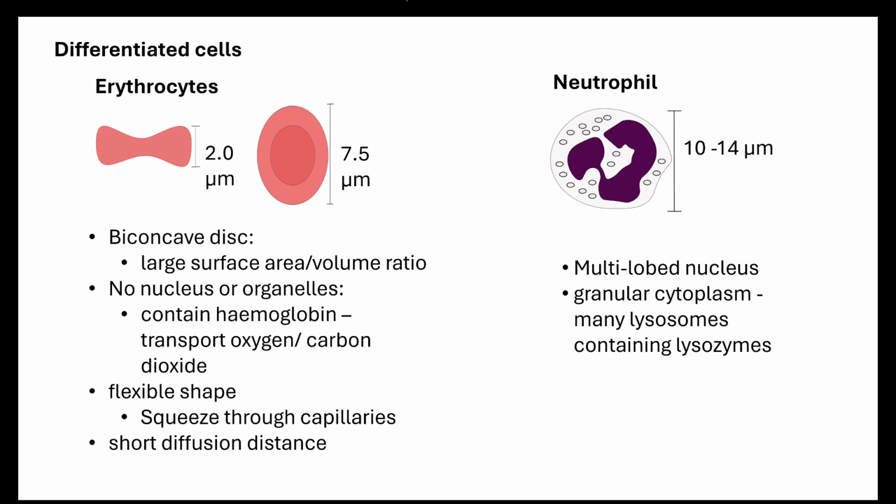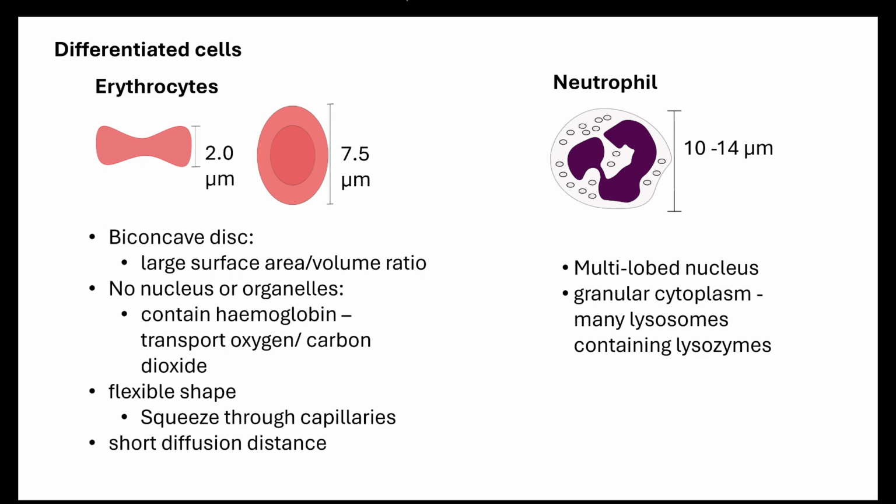Now, the granular cytoplasm in a neutrophil is identifiable because that is the place where the lysosomes are present. Those lysosomes contain the lysozymes, and it's important to remember that your neutrophils are a type of phagocyte. So again, I have covered this in the communicable diseases topic, but please do go check those videos out